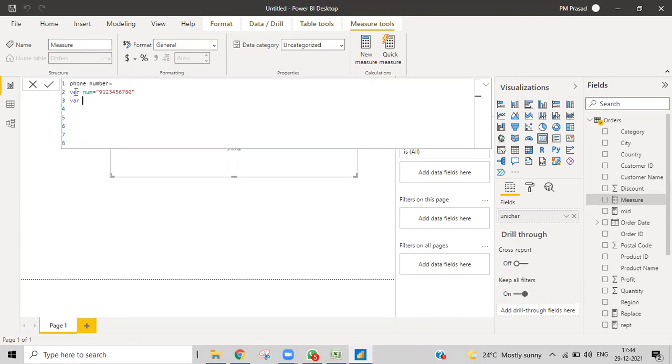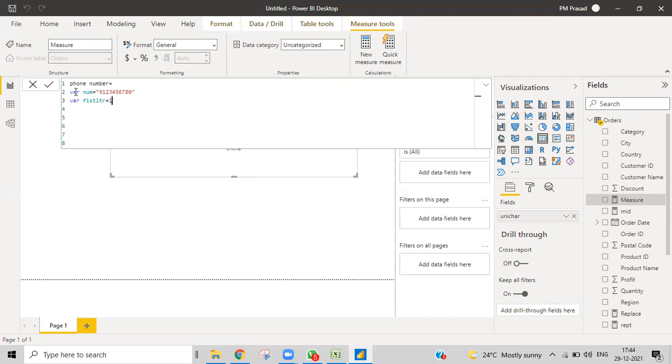Here I want to get the first character of that number. I'll write first num, like first letter, FIST LTR, whatever you can write. The names that you can write in the variables, you can write anything apart from the functions. You can't keep the function names as they are, but you can write something else. Just for remembrance, I'll write first letter FIST LTR, something like that. And then I want to get my first letter from this number.